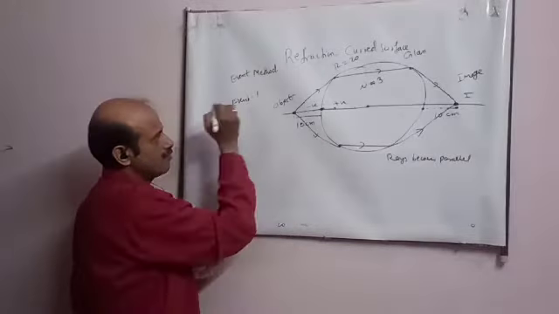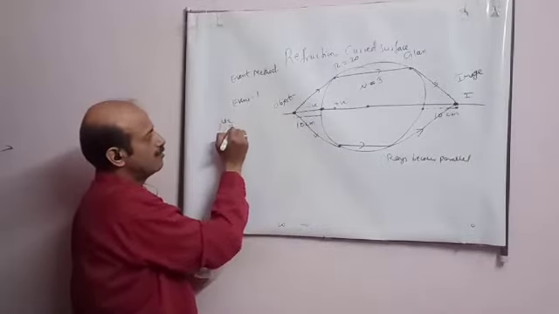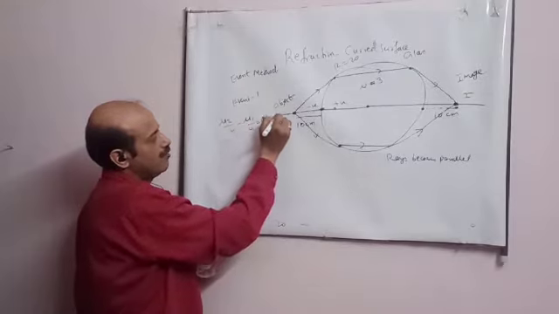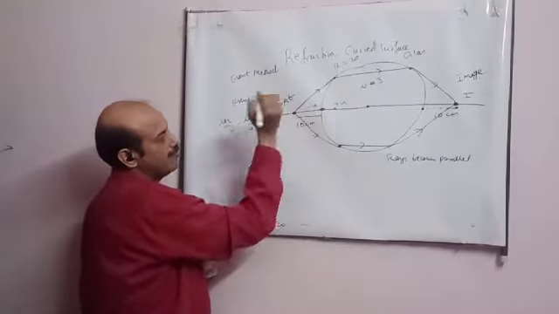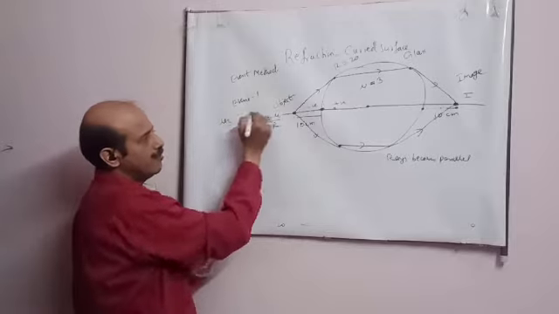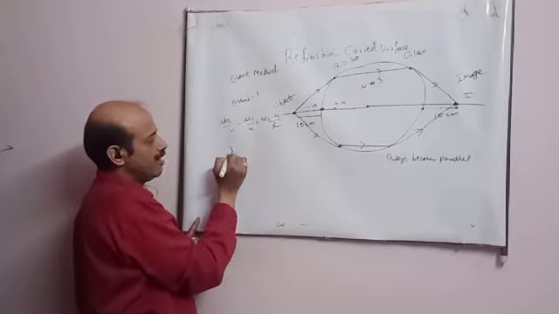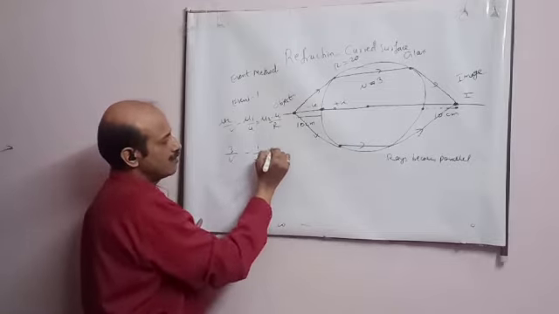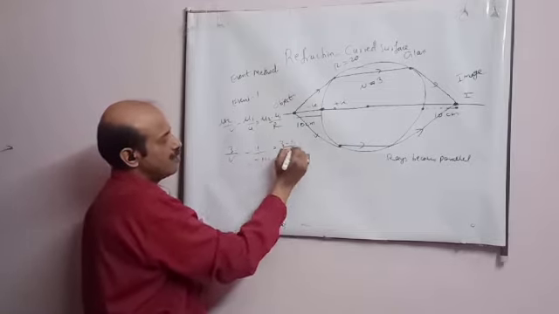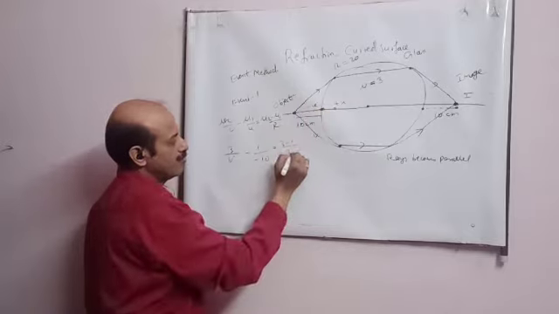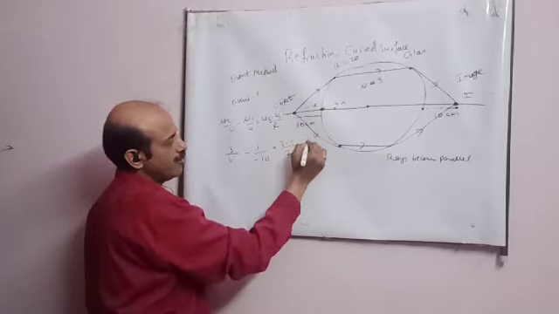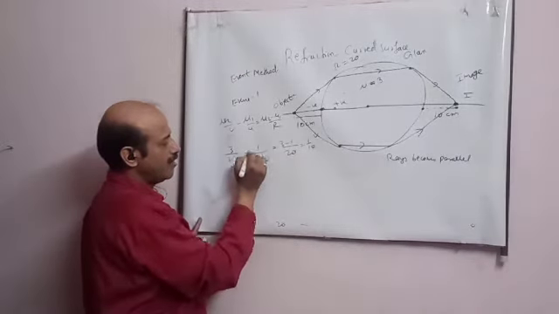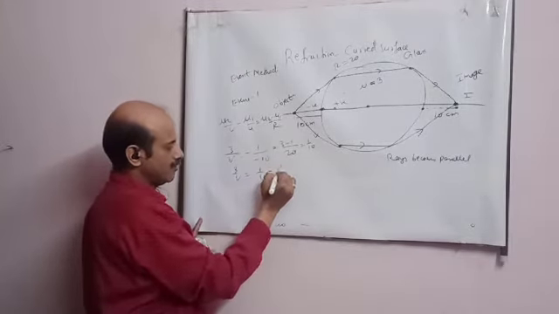Then event 1 student, again I will write the formula: mu2 minus mu1 upon R, means R of this. So mu2 I have calculated as 3, V I have to find out, mu1 is 1, U is minus 10, 3 minus 1, R is plus 20 student. So this is 2 by 20, this is 1 by 10. So 3 by V will become 1 by 10, minus minus plus will become minus.